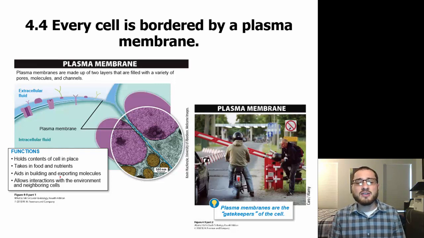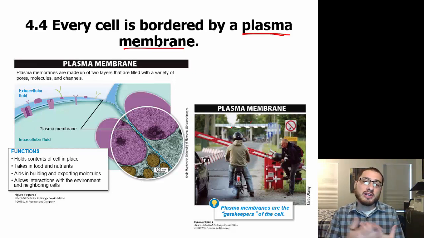But also the outside is very important in protection and also allowing the flow of molecules in and out of that specific cell. So every cell is bordered by what we call a cell membrane, or another name for it is a plasma membrane. And the plasma membrane is made up of these two layers that come together, and they are made of phospholipids. So sometimes you'll hear it referred to as a phospholipid bilayer, bi meaning two. So it's two layers of phospholipids that create this cell membrane that is going to keep everything that you want